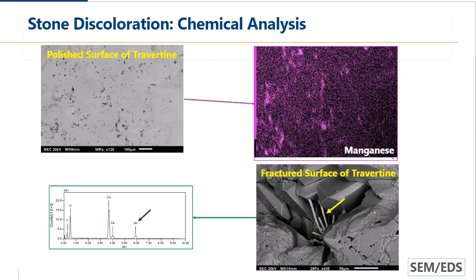All the photos in this slide are examples of laboratory-prepared surfaces of the travertine sample taken using an SEM, or scanning electron microscope. The black spots in the top left SEM image represent pore space where higher volumes of microbial remains are present in the travertine sample. The corresponding top right elemental map shows that microbial remains are rich in manganese, which is a known stain-causing element. The bottom right SEM image shows an example of the morphology of the remains of fossilized microbial colonies encased by a vug. And the corresponding EDS spectrum to the bottom left shows that these remains are rich in the element